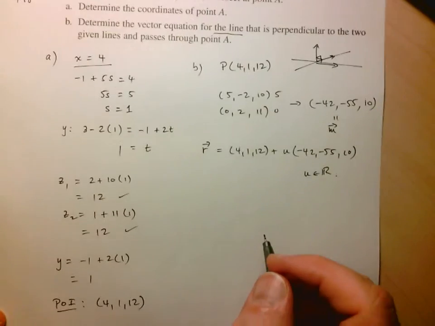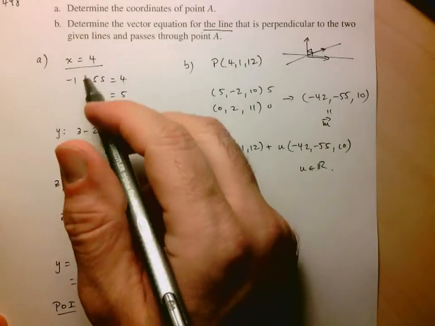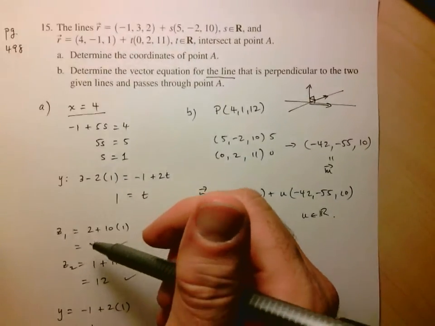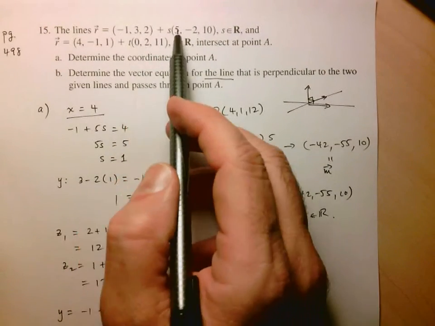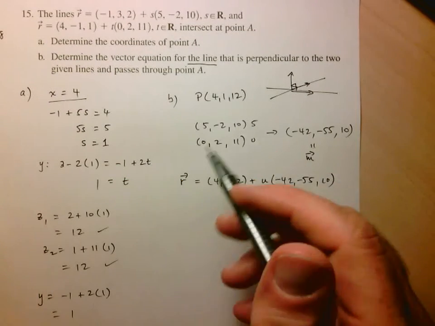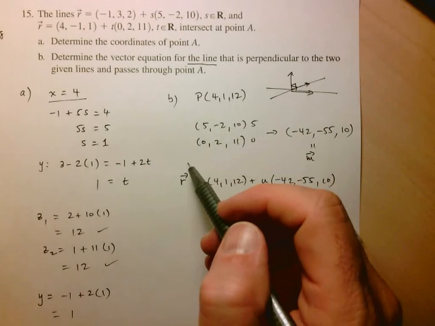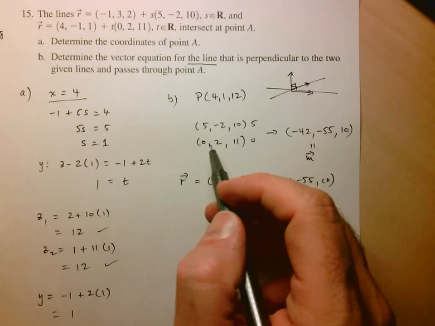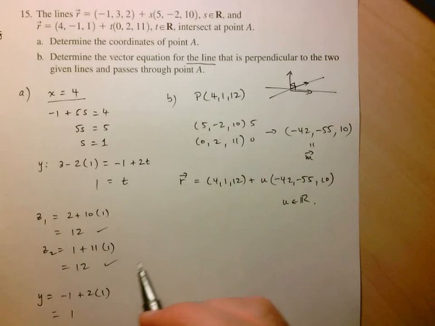Just to recap here, to find the point of intersection, keep an eye out for any components of direction vectors that are equal to 0. It helps simplify the algebra. And then once I found the point, I could find a vector perpendicular to both those lines using the cross product to help me determine the